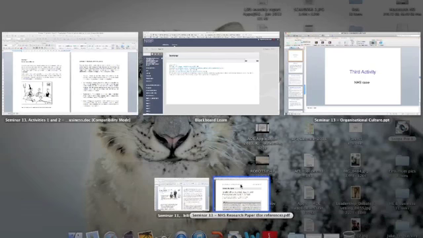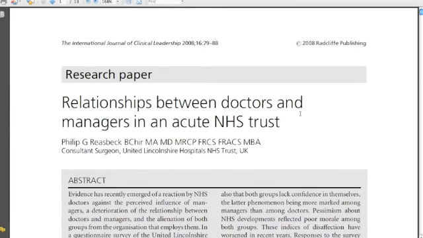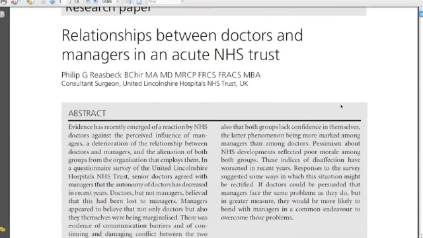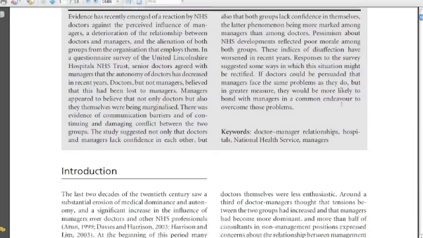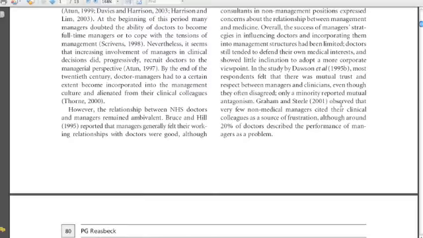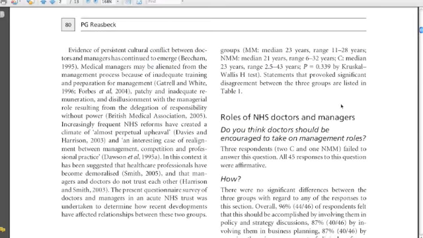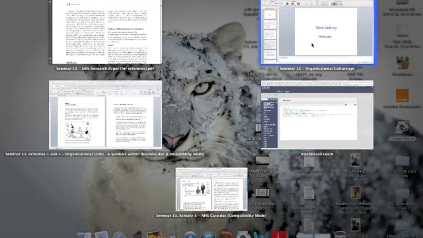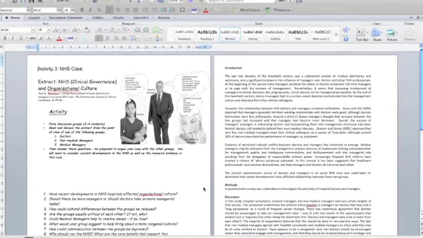The third example is a NHS case study. Here is the PDF document, which is rather large, which I suggest you have a perusal at. It's very, very useful, and it really does address these question points which you can see are posed on the third activity, which is this one here. So this is the